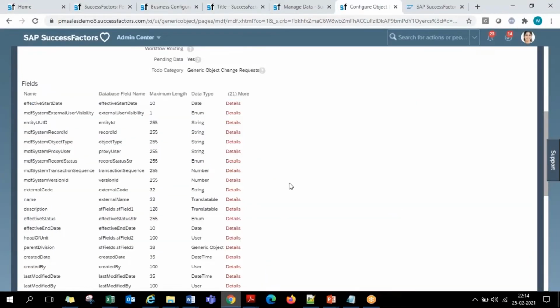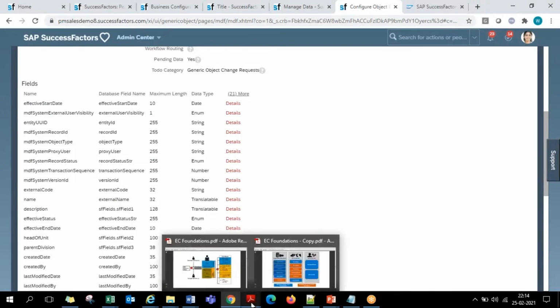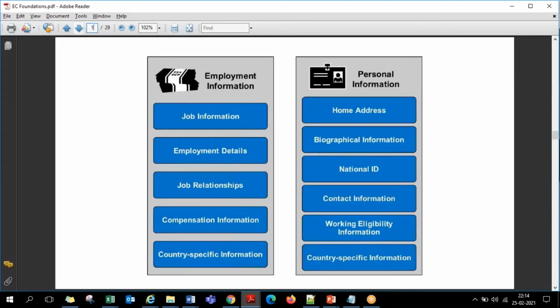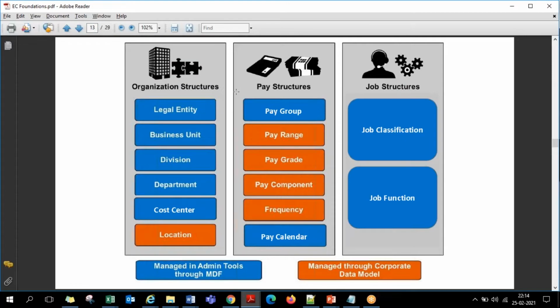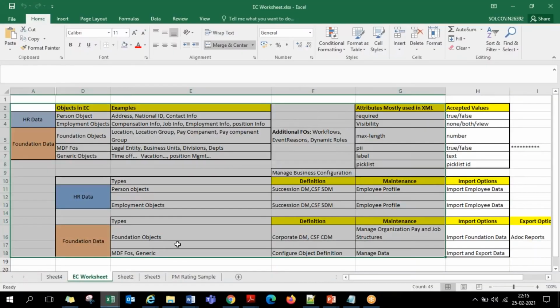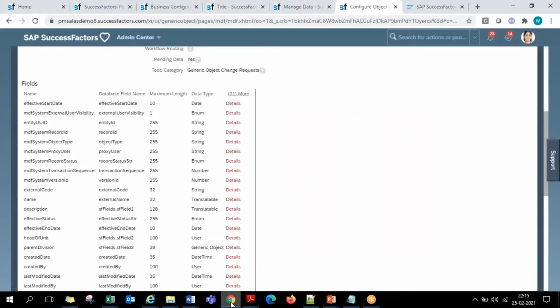Okay, so this complete thing is already in your inboxes, guys. Open this, open the instance system, and keep this PDF open. This EC structure is on slide number 6, and in the same file, on page number 12, you have the examples of foundation data. On page number 13 you have the examples of the foundation objects. All these are in one PDF only: pages 6, 12, 13 you have them. Keep this Excel sheet also in front of you, and the instance in the other place.